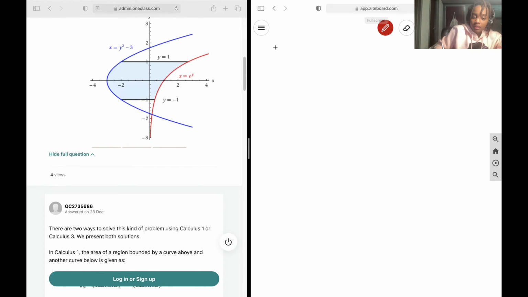We have the calculus 1 method, that is a simplification, or is derived, from the more straightforward calculus 3 method. Okay, so first, for our calculus 1 method,